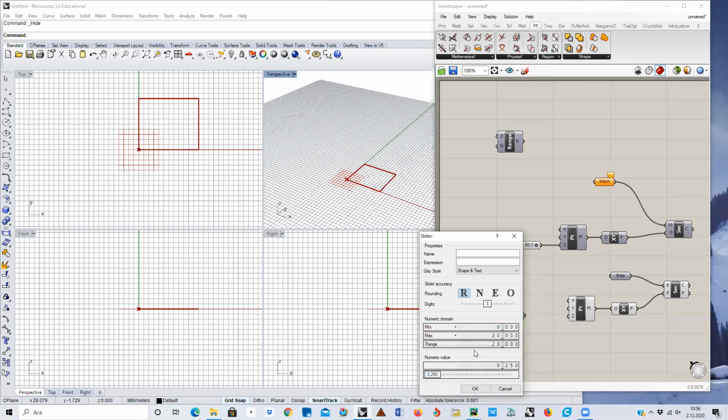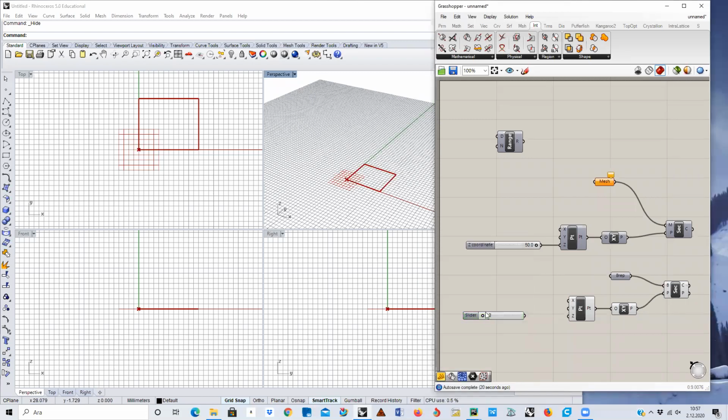Let's make it 20. And I don't want to see 3 digits. Let's make it 1. Okay. Now, by simply moving this slider, we can change the output of this slider. And now I'm simply going to connect this one to the z coordinate. And you will see that